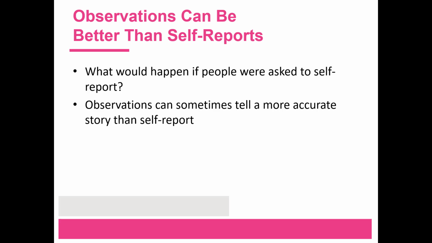What might have happened if the researchers had asked the participants to self-report? The college students certainly would not have been able to state how many words they spoke each day. The hockey parents might have reported that their own comments at the rink were mostly positive, but they might have exaggerated their reports of other parents' degree of negativity. And while parents could report on how they were feeling in the evening and at dinner, they might not have been able to describe how emotionally warm their expressions appeared to others, the part that mattered to the partner and the children. Observations can sometimes tell a more accurate story than self-reporting.